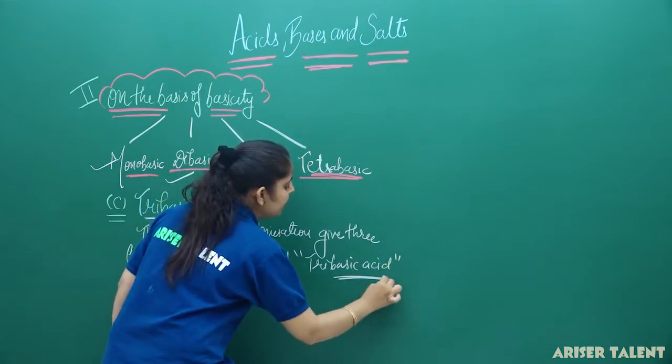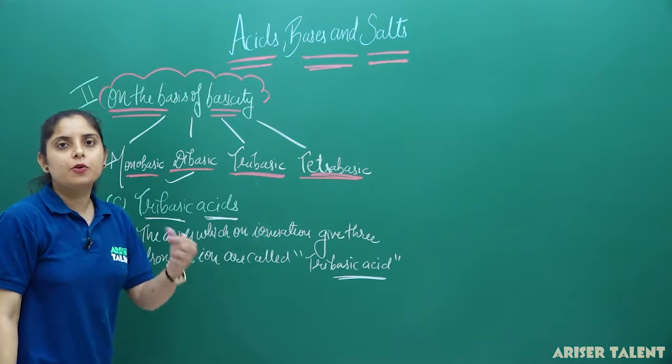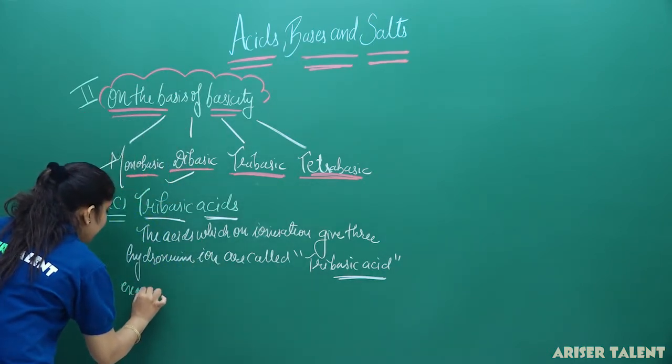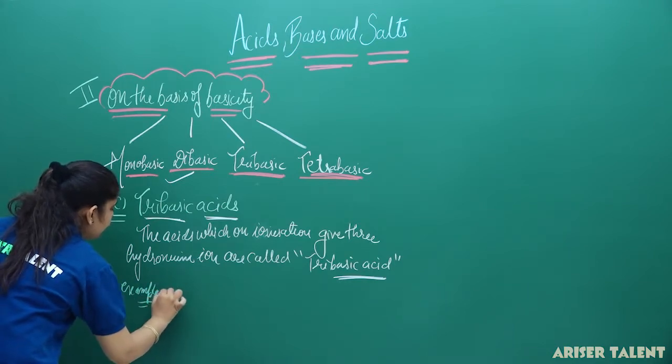This is known as the tribasic acid because it is giving the 3 hydronium ions in the aqueous solution. An example you can take here is phosphoric acid,